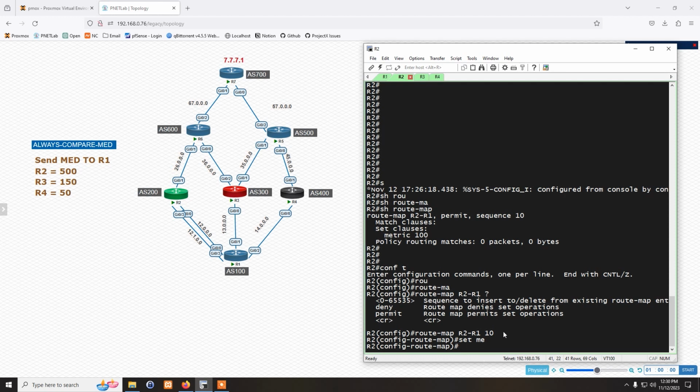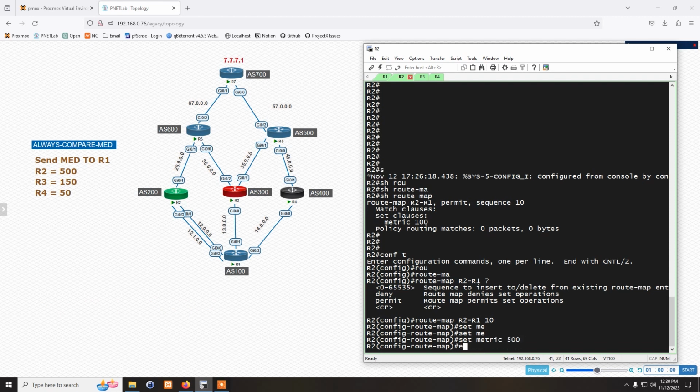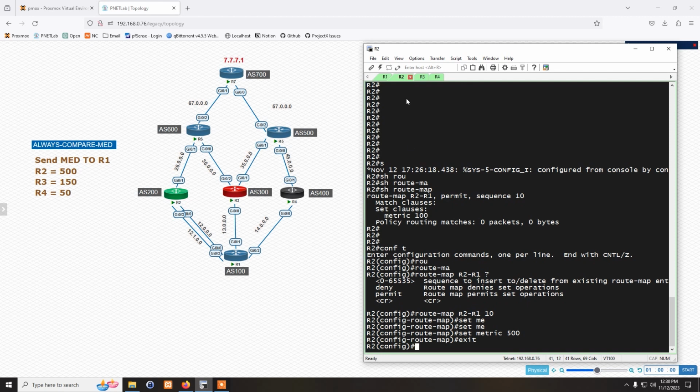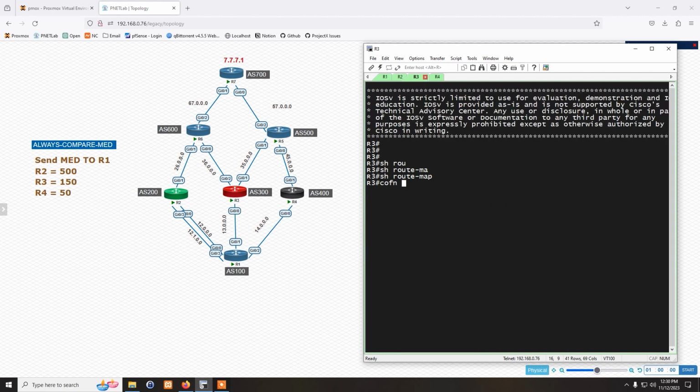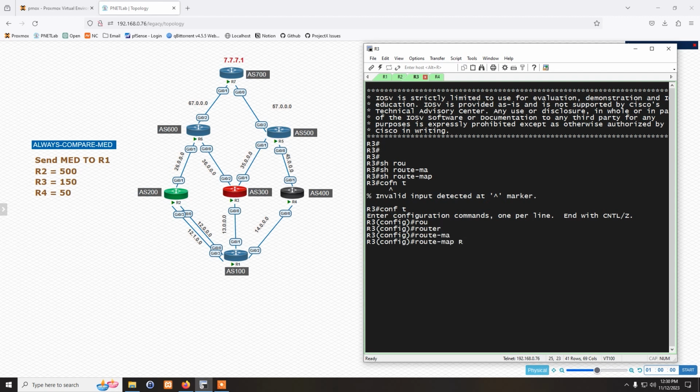I'm just going to set this on R2, and then we'll follow that on all three routers. R2 will set metric 500. Okay, and then I'll go ahead and create a route map. Oops, on R3. So route map, I'll say R3 to